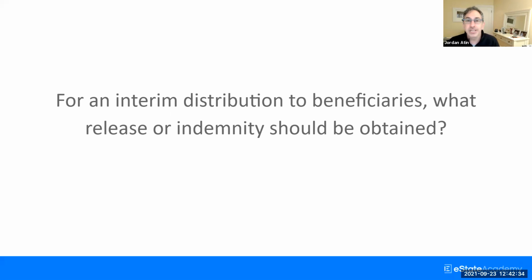Again, asking for a release without an accounting, I'm not sure that makes much sense. What would you do with that, Ian? Well, I agree. Your point is dead on from a practical standpoint, but let's think about it like a lawyer: a release without any information isn't going to be enforceable, typically. And number two is, at the end of the day, the courts, and it came up probably 15